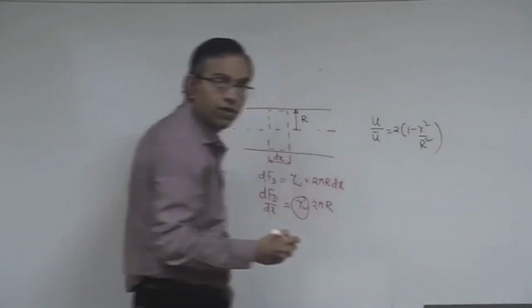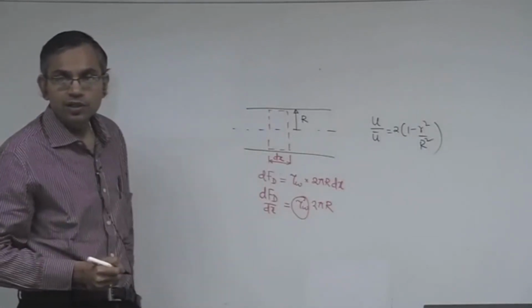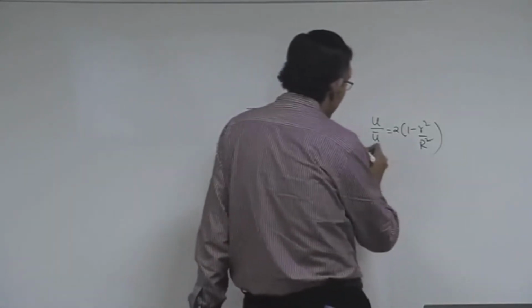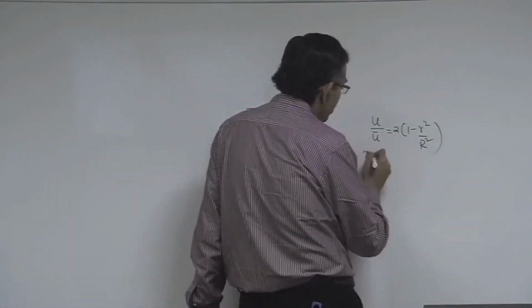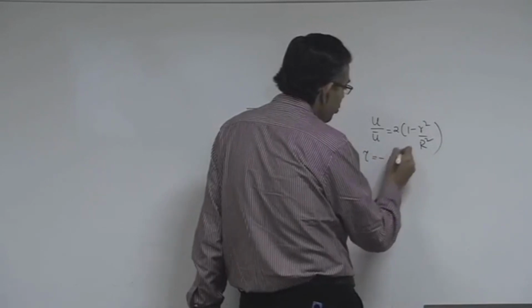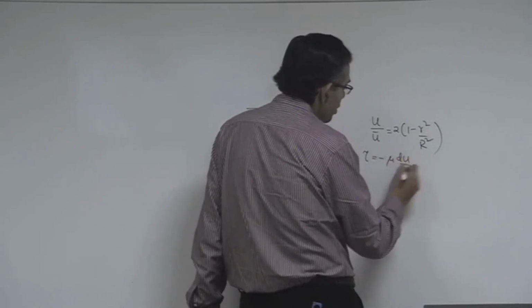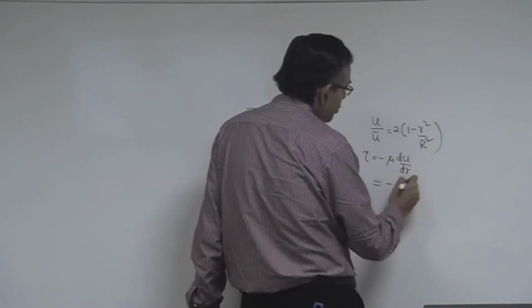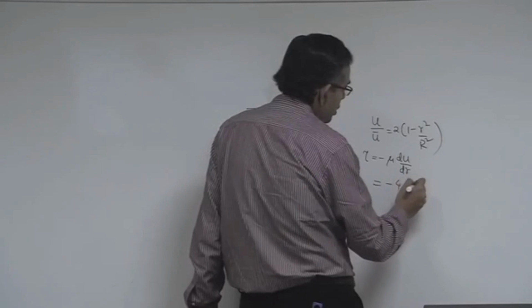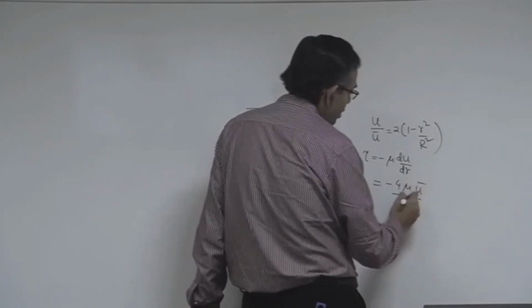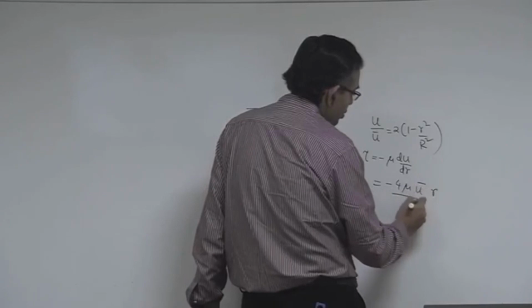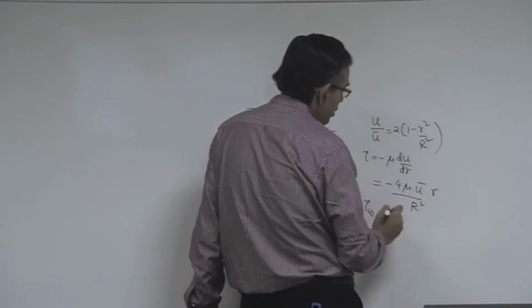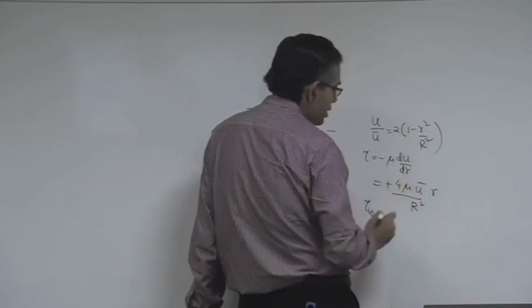This is fully developed flow of a Newtonian fluid through a circular tube. So, tau is equal to minus mu du dr, that is equal to minus 4 mu u average into r by R square. So, tau wall, so this minus becomes plus, tau wall